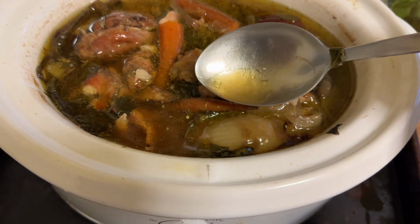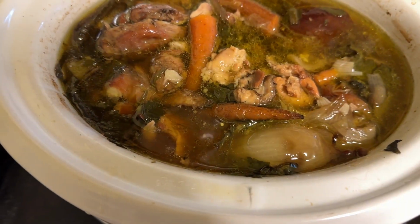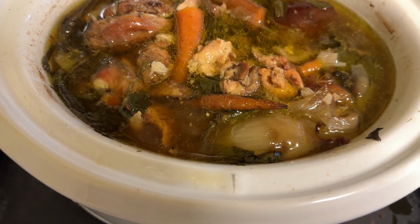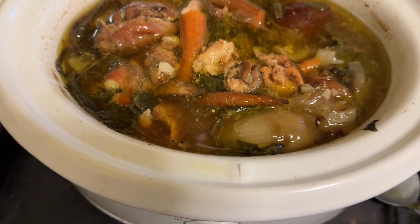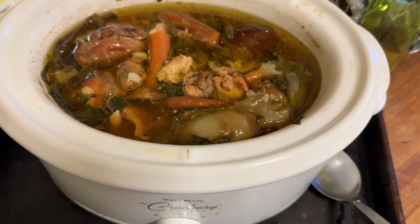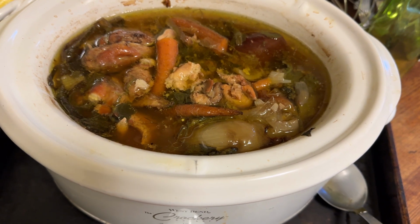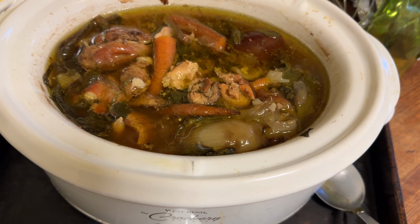Let's see, quality control here. Oh yeah, that's super rich. A nice, beautiful, rich chicken stock. I will see you folks tonight after work and talk to you a little bit more about what we're going to do with this. I never did get around to it after work. Thursday night, it's Friday morning,